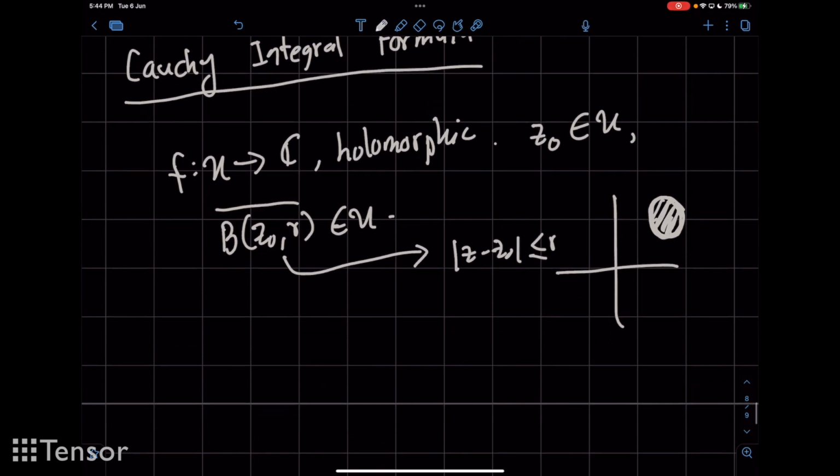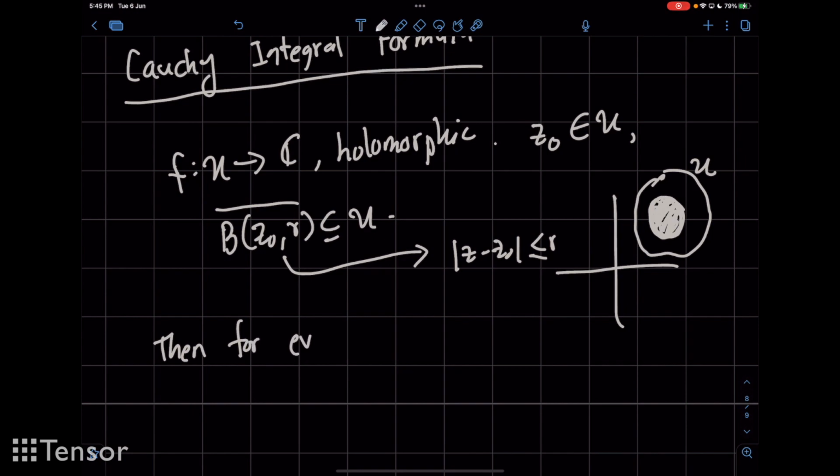So r is a radius such that the interior of the open ball as well as the boundary of the open ball is inside U. So this is U and this is my closed ball, and the closed ball is contained in my open set U. Then I have that for every z in my open ball,